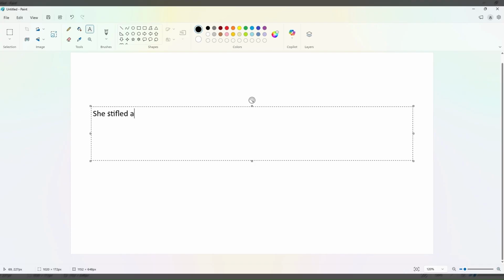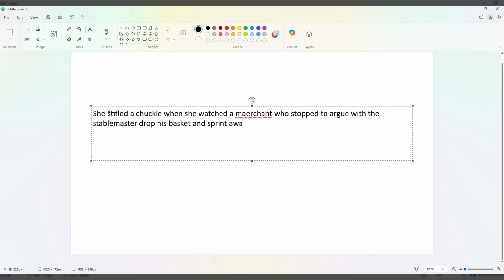She stifled a chuckle when she watched a merchant who stopped to argue with the stable master drop his basket and sprint away. Merchant, what is that? Alright. Okay. So this sentence can be challenging for a reader